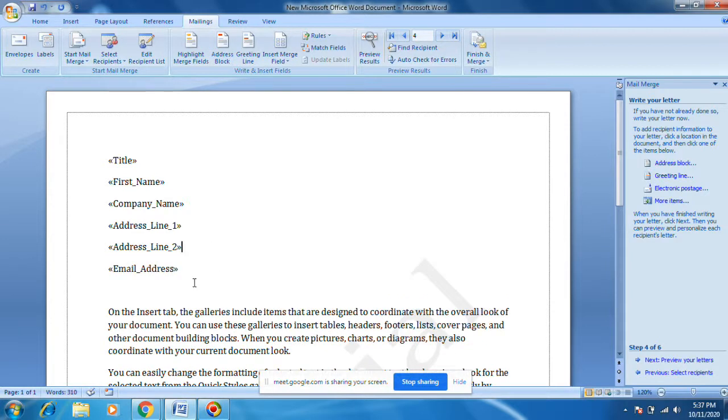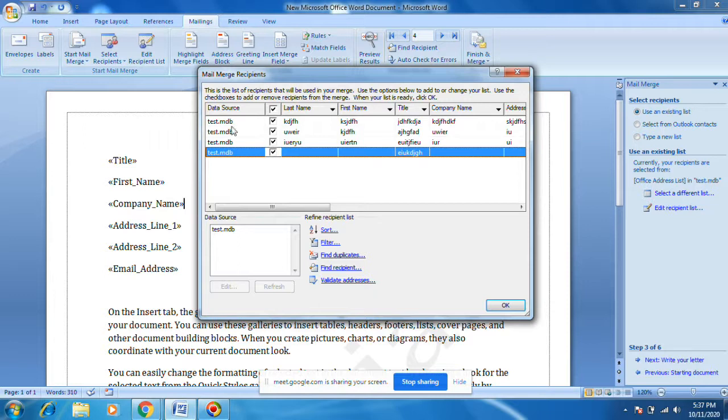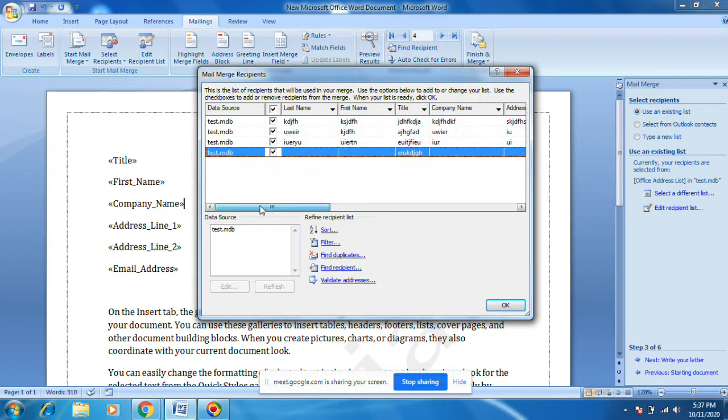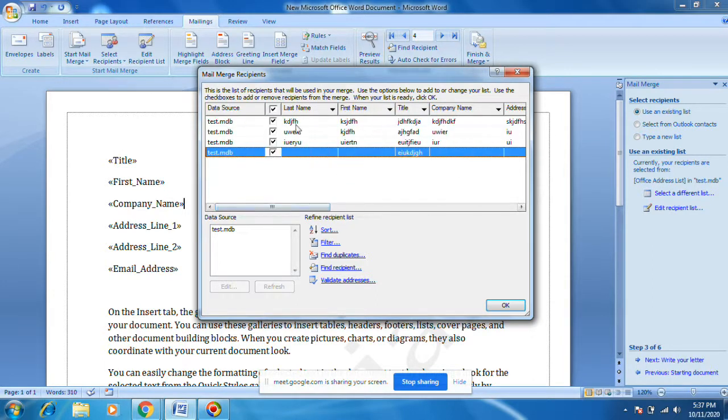Okay, I have the list already. If you see the previous list, you just edit. These are the names. I have kept all these things, and I just put some empty entries in address, city, everything. I kept only these fields, entered them, and saved them in this database.